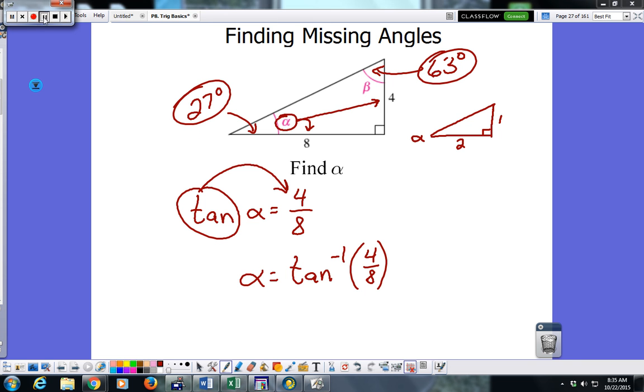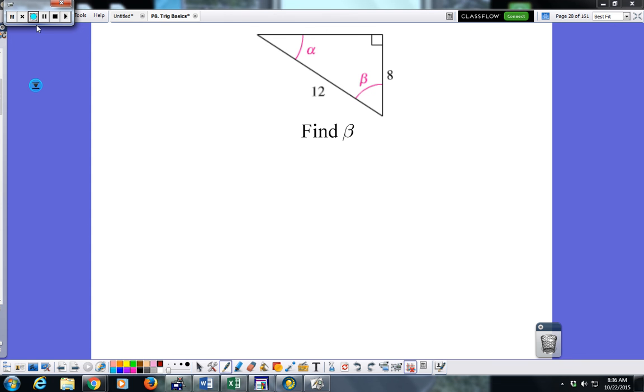So let's find beta. Here's beta. This would be the hypotenuse. Identify it first. It's across from the right angle. So we know we're either using sine or cosine because they're the ones that deal with hypotenuse. And you also have the adjacent side there, which is 8. Savannah, since I'm dealing with adjacent and hypotenuse, what ratio am I going to use? Good. And the cosine of my angle,